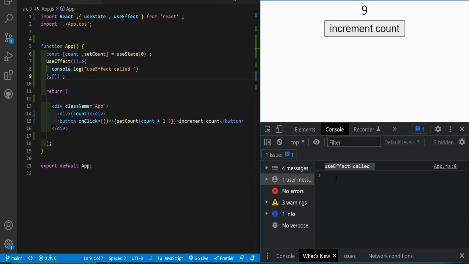But what if I wanted to keep track of our state? For example, I want to keep track of our count state, and I want to print a message when our count hits 10. So what we can do is go to our dependency array, and in that dependency array we can type the state that we want to keep track of. So in our example here we can